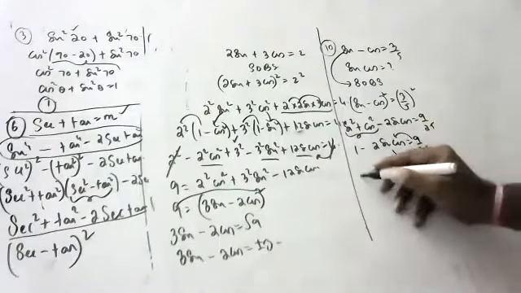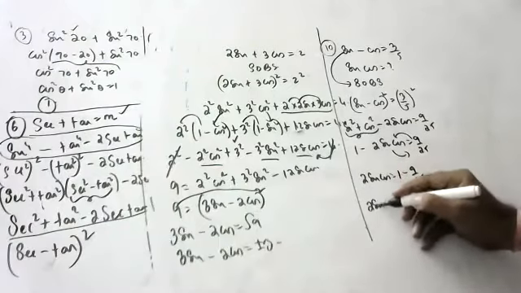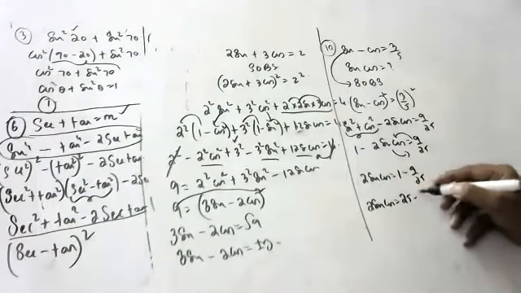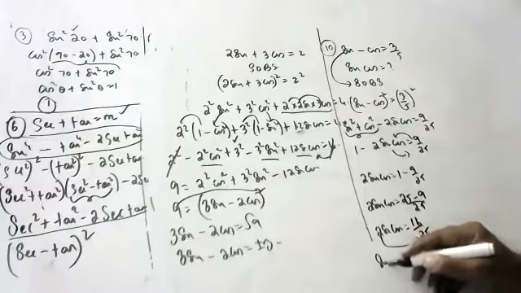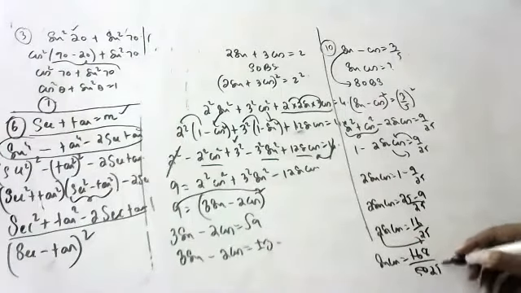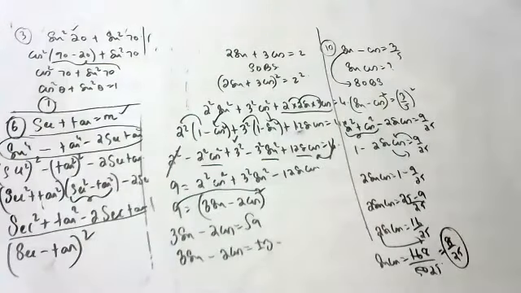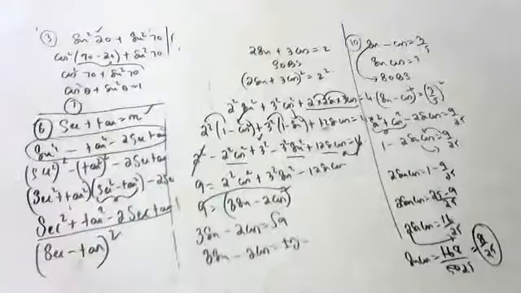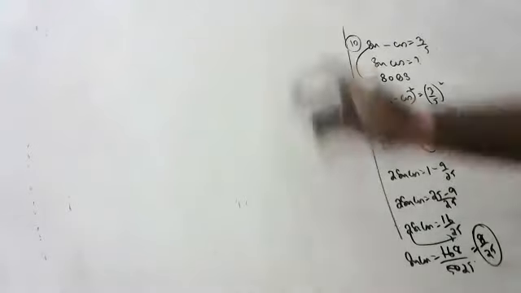This comes here, this goes there. 2 sin cos is equal to 1 minus 9 by 25. 2 sin cos is equal to (25 minus 9) by 25. So 2 sin cos is equal to 16 by 25. This 2 goes here, children. So sin cos is equal to 16 by 50. So 2 8s are 16, 2 25s are 50. So the final answer is 8 by 25. This is the value of sin cos. Okay, children, hope you are able to understand. So please practice sums like this, children, then you will get to understand.